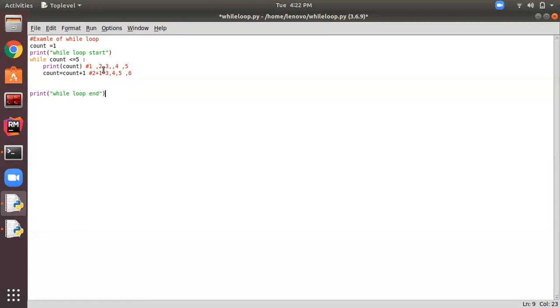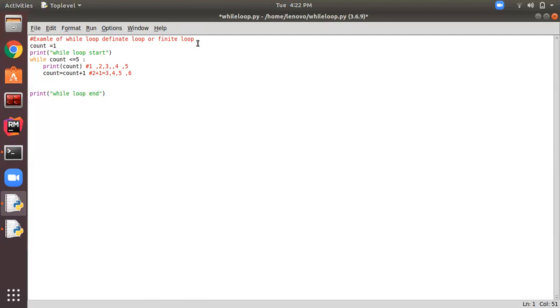This kind of loop is known as a definite loop or finite loop. When we know the number of executions of the loop in advance, then that loop is known as a definite loop or finite loop.